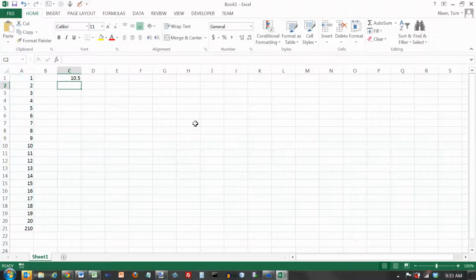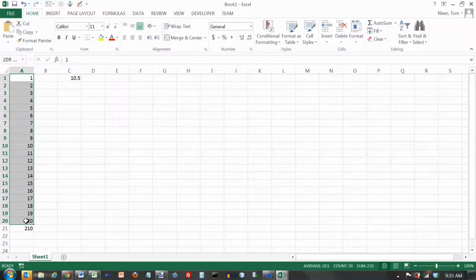and then hit the enter key. Okay, and what the average function does is it adds up all of the numbers in all the cells that are in the range, and it divides by the number of cells that have a number in them. So if I had some blanks in here, let's take a whole bunch of these here and just delete them and make them blank. And now what it's giving us is the average of the numbers from 1 to 10,